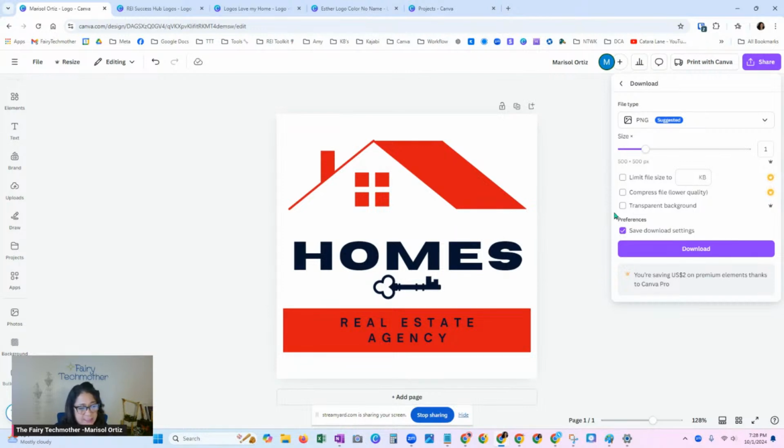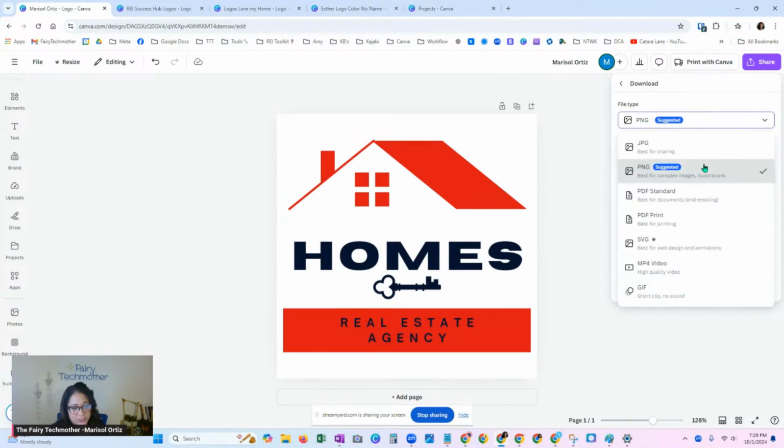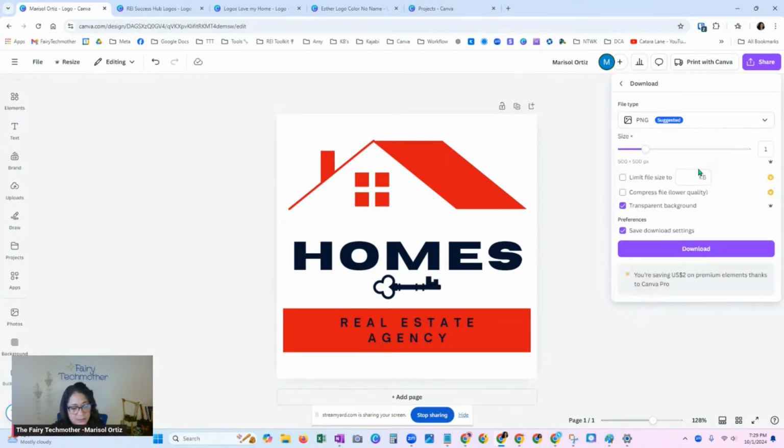You always want to select transparent background because right now it's essentially a white background. If you downloaded this and uploaded it to something else like a black web page, it's going to be in a white square, and you don't want that. So you want to hit transparent background, and PNG is the file type you want. And then you just select download.